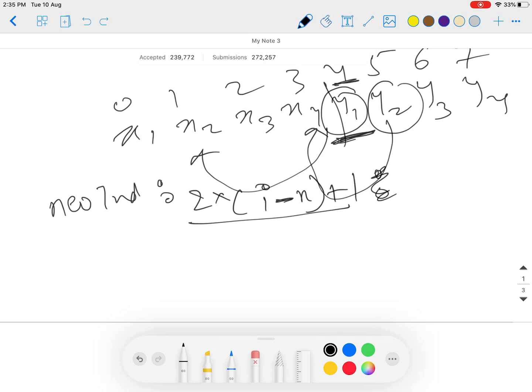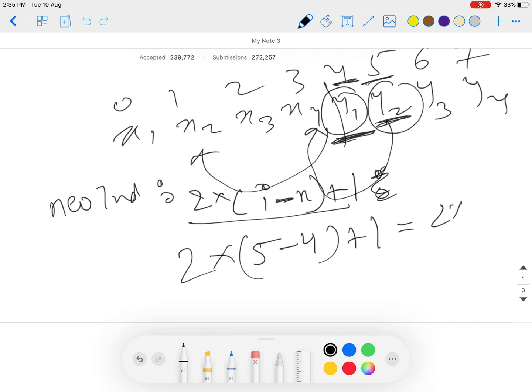If we do it for y2, that's at index 5. 5 minus 4 into 2 plus 1, that's gonna be 2 into 1 plus 1, that's gonna be 3, and y2 is at index 3. Okay,